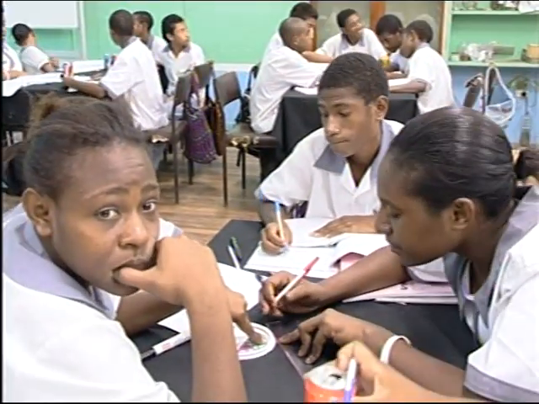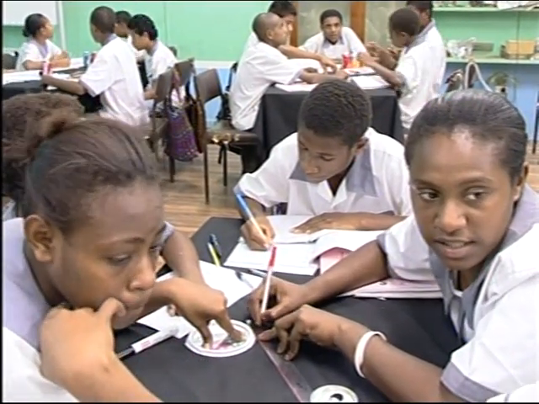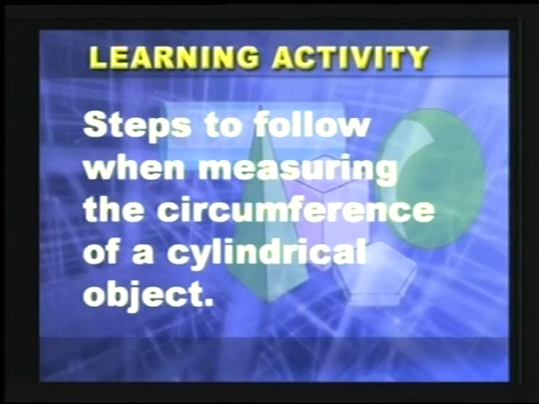70s students, let's look at the next step of measuring the circumference of a cylindrical object. All sit up straight. Let's look at the steps. Steps to follow when measuring the circumference of a cylindrical object. Now, 70s and receiving students,